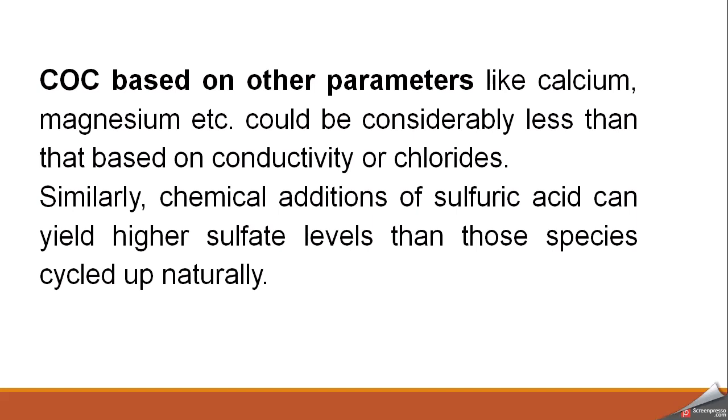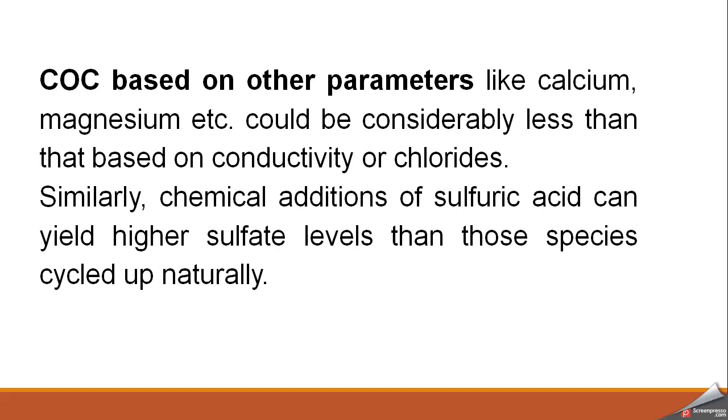Why? Because scaling takes place in the piping systems in the cooling tower, some of the calcium or magnesium settles down or precipitates in the system in the form of calcium carbonate, sulfate, or phosphate. That's why the true calcium in the system now shows a lower value.